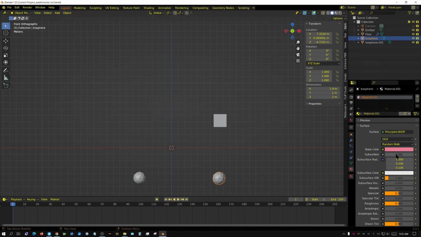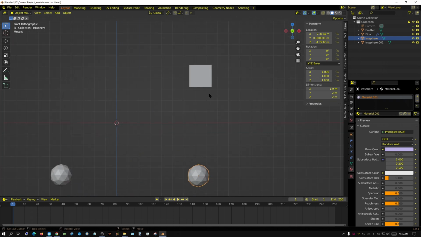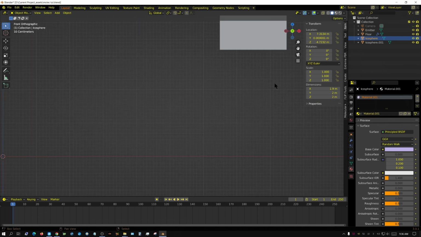So we need to keep these separated. And this one I'm going to change back to blue, just like yours is right now. Alright, kind of a long-winded explanation of why you need to separate the materials. But anyway, alright, now let's go ahead and zoom in on this cube because we need to make this into